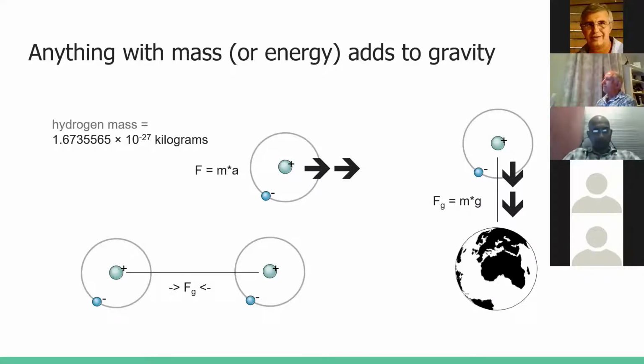Any mass is subject to gravity. On the screen, we've got a hydrogen atom. This is just an example of a mass, and it is a very, very tiny mass. How do we know that that mass would also act gravity? First of all, we would take that hydrogen, put it in a vacuum, and drop it. If it falls, like on the right-hand side of the screen, the way a tennis ball would fall, then we know that that mass is also subject to gravity. If the mass is subject to gravity, then it also means it causes gravity.